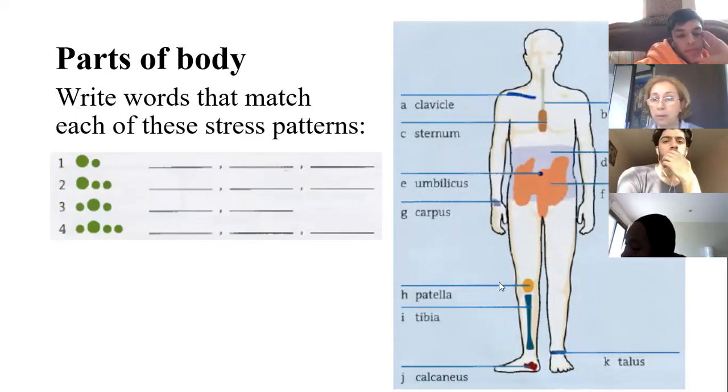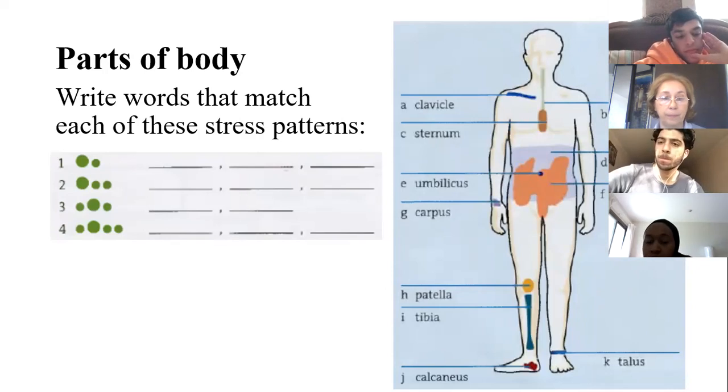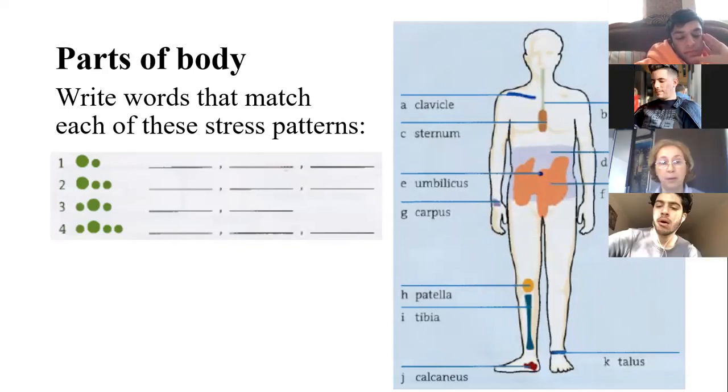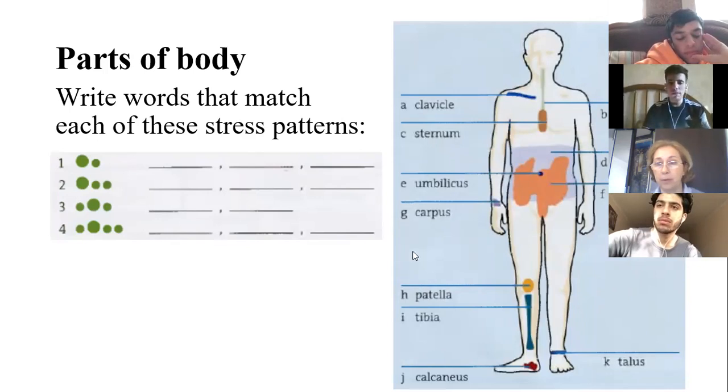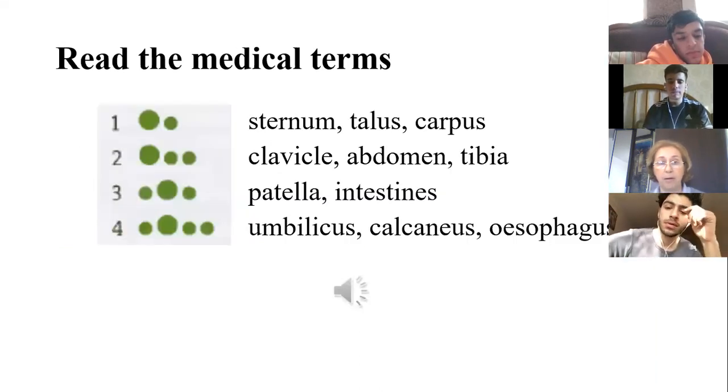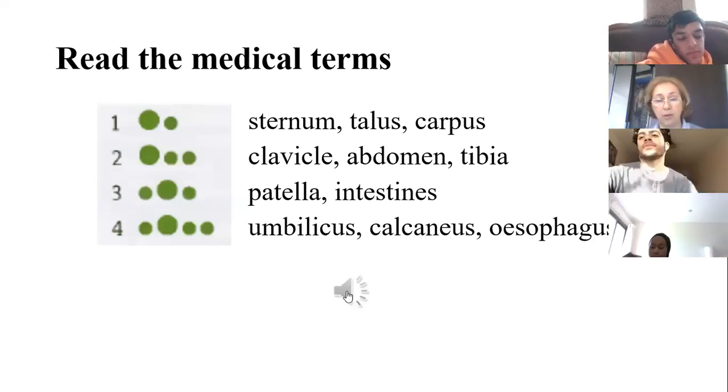May I? Yes, say the name. So for the third one, it's intestines and patella. Patella and intestines. And group 4. Yes, I can. It's umbilicus, calcaneus, and esophagus. Esophagus, yeah, right. So here they are, and let us listen one more time how they sound, just the pronunciation